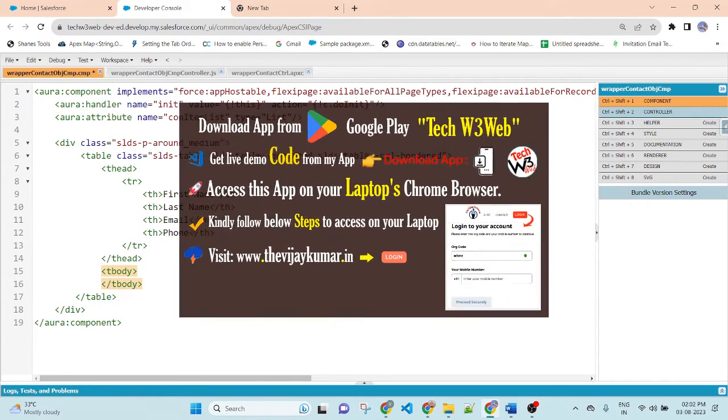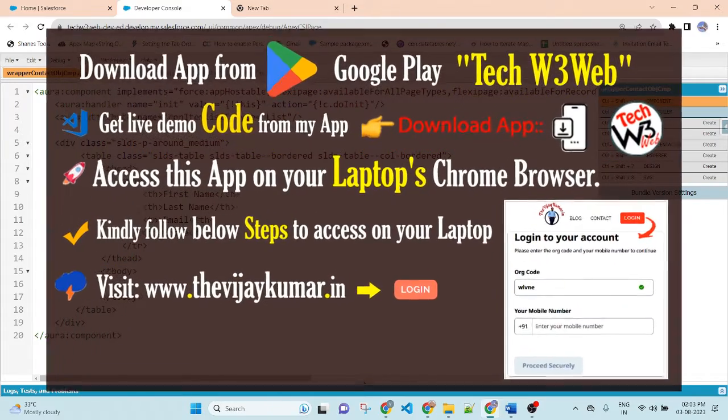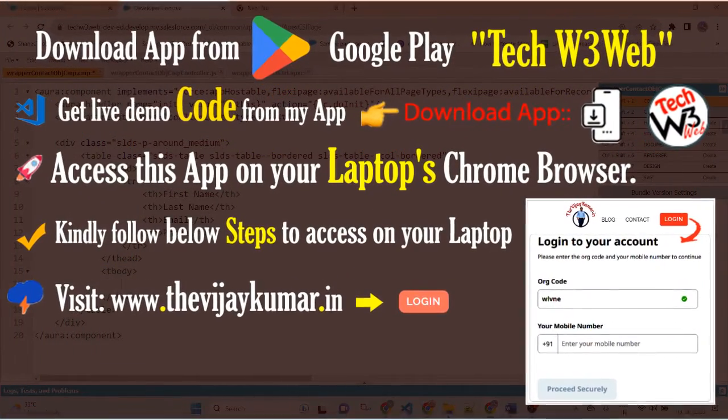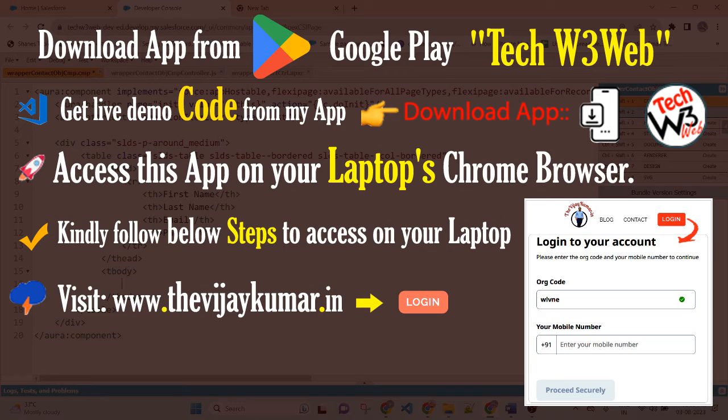Inside the tbody, I will iterate the value, so the data will come dynamically using the aura:iteration. Inside the iteration, I will display the data of contact. Here items equal to